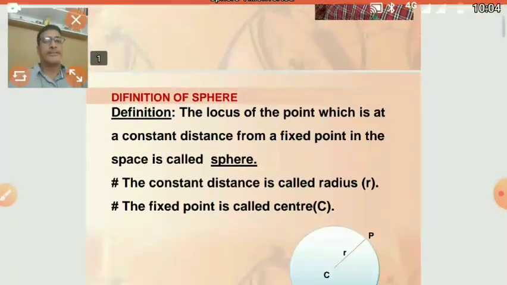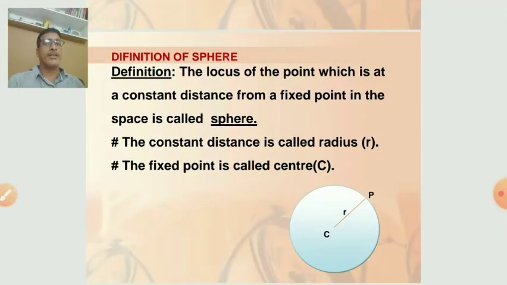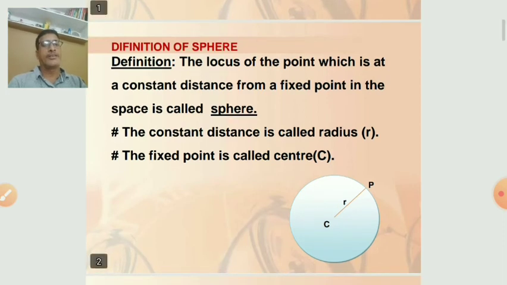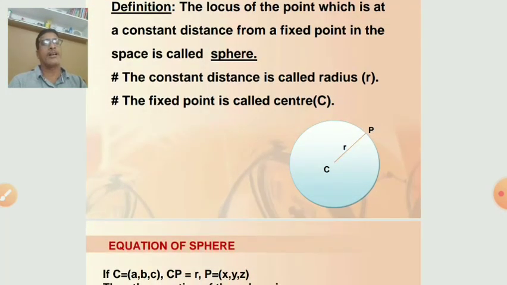Yes, see this. So, you know the definition of sphere. What is the sphere? Sphere is nothing but the locus of the point which is at a constant distance from a fixed point. Actually, in a sphere, there is a fixed point, and sphere is the locus of the points which are at a constant distance from a fixed point in the space. The fixed point is called the center of the sphere, and the constant distance is called the radius. So this is the sphere, and C is the fixed point which is center, and R is the radius. R is the distance from the center to any point on the surface of the sphere. So this is called radius, and here R is the radius.